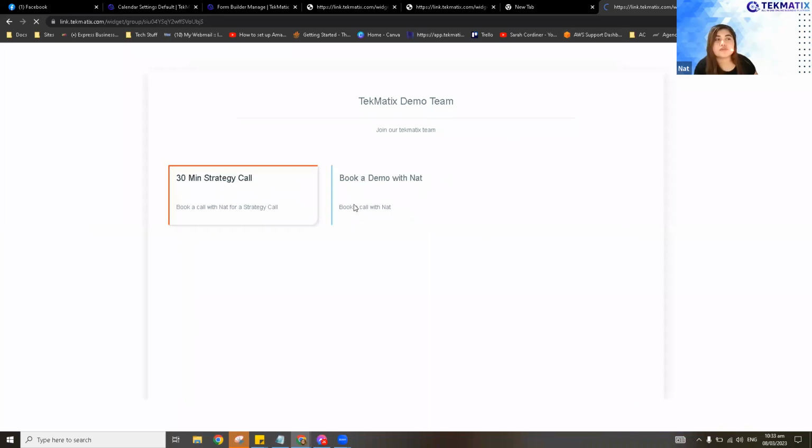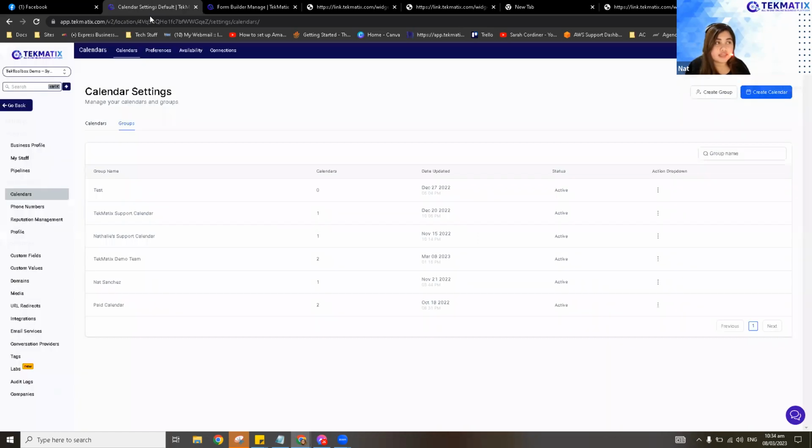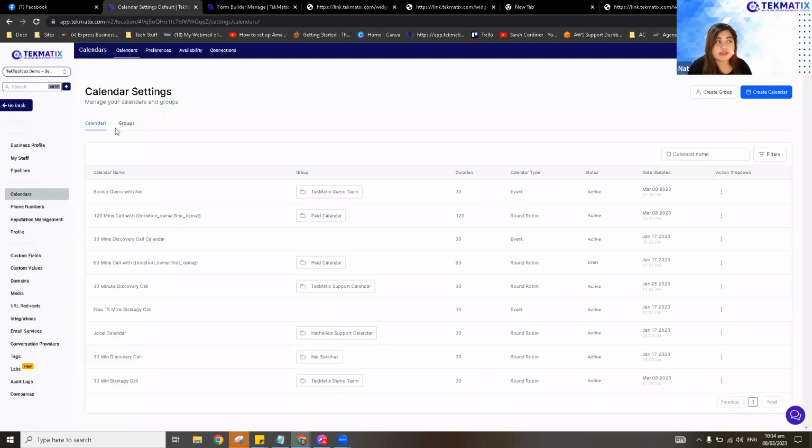Yes, as you can see, we already have 2 calendars in there because we moved this exact one to the same group. It will be beneficial to have it this way if you have multiple bookings and you want people to pick a specific booking for them. But if you only have one scheduling calendar, you can just get the individual booking link by switching over to calendars. Go to that exact calendar, click on the 3 dots and copy link, scheduling link or permanent link. So that's how you do it.